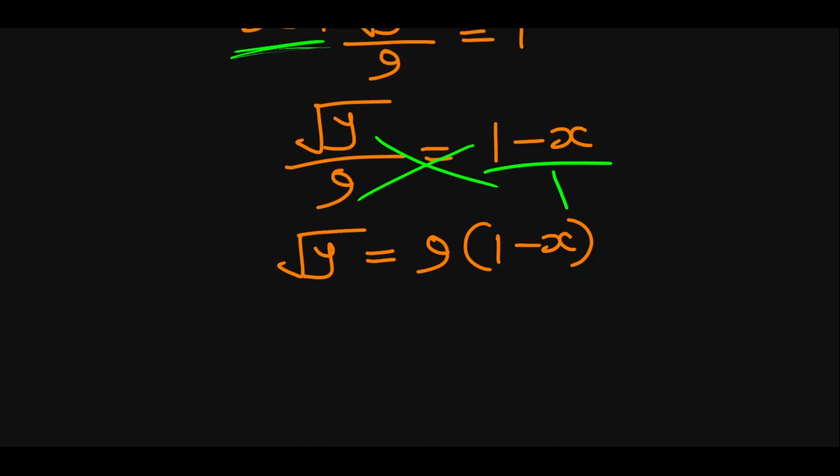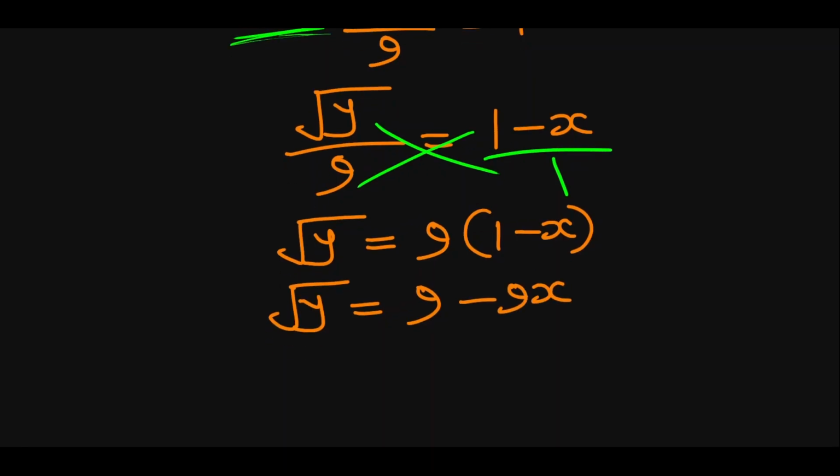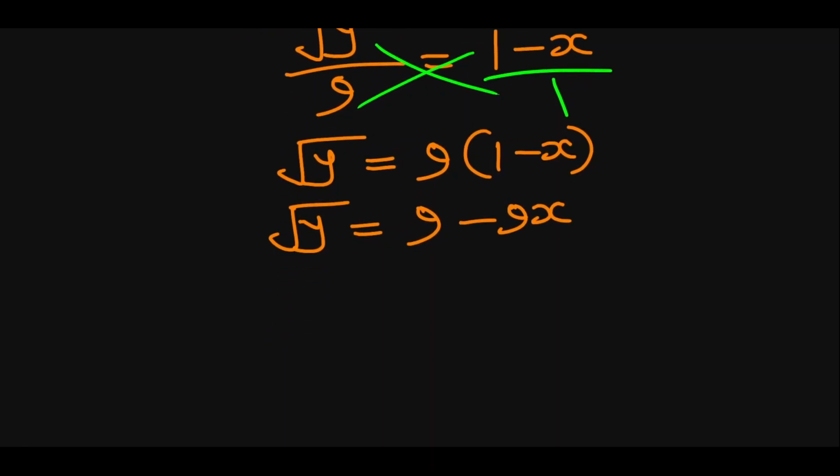So this now gives us root y is equal to, we use the distributive law to expand this bracket, and it gives us 9 times 1 is 9 minus 9 times x is 9x. Now, to make y stand on its own, you need to remove the root. And to remove the root, you do the inverse, which is the square. So if we square this side, then the y will go out of its root. So if we are squaring this side, we have to also square the right-hand side. So if we square both sides,